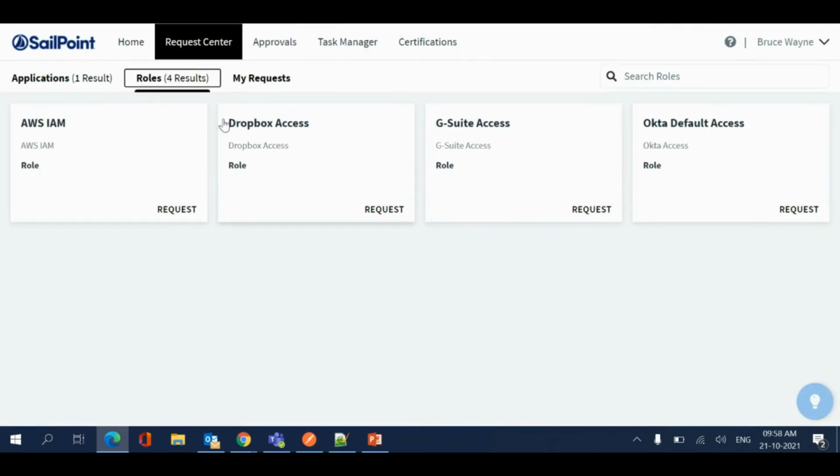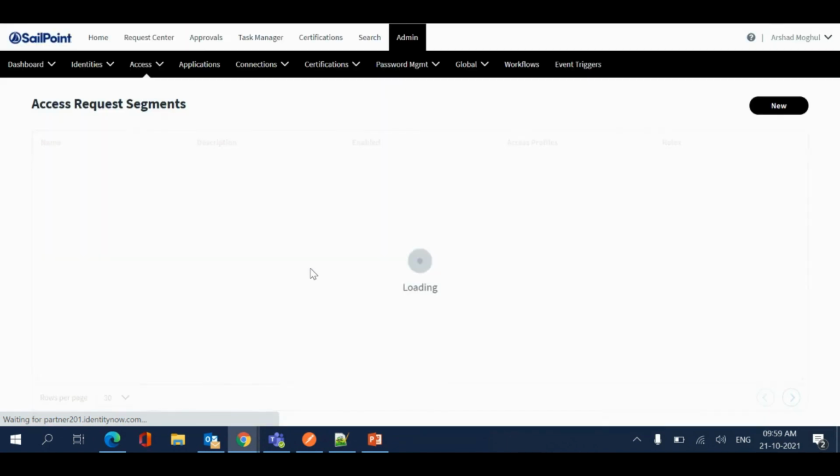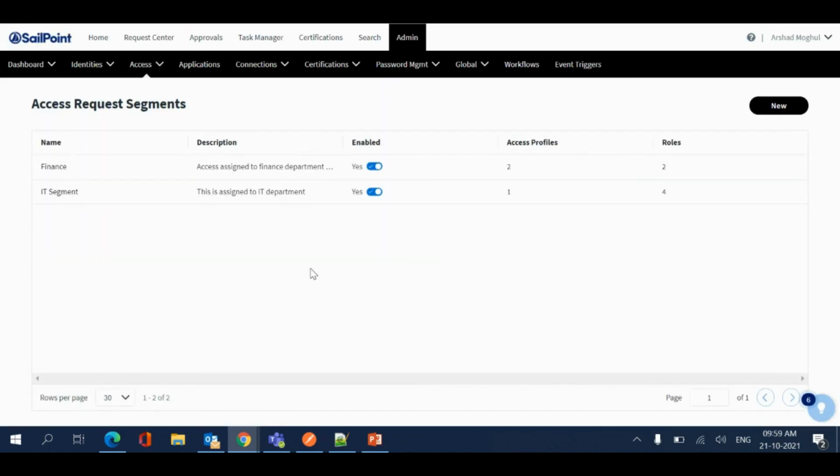Let us also look at the roles which he should be able to see. The four IT roles, he's able to see it as how the default behavior of segments should be, right? So this is how we can enforce better compliance controls in our IdentityNow tenant using segments. So the end user can be made to see what access is applicable for him or her, right? So with this, I'll end the demonstration for the segments feature configuration. I hope all of this was